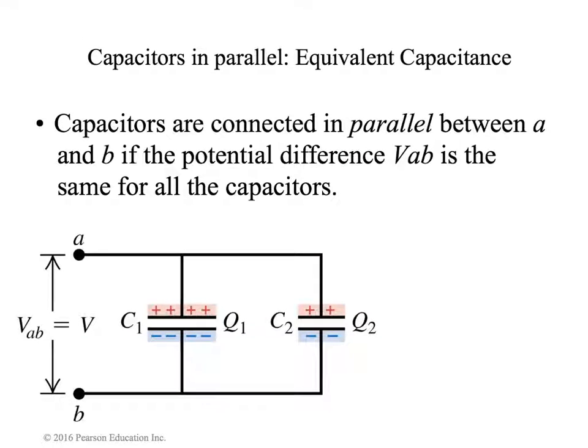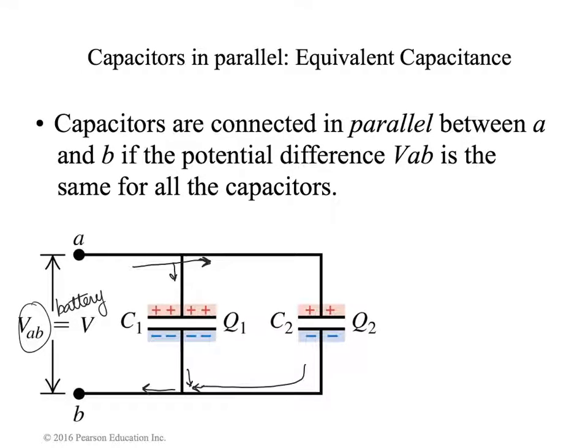Now, if we have capacitors in parallel, that's something different. When capacitors are in parallel, sometimes the picture makes them look like they're parallel to each other, but the real key here is that we follow the wire, and the wire comes to a place where it has two different paths to travel through. Once it travels through, it comes back again and joins together in a single path. The two split paths that we're looking at are the two paths that are in parallel with each other, and that's what parallel means. Again, this represents our battery,